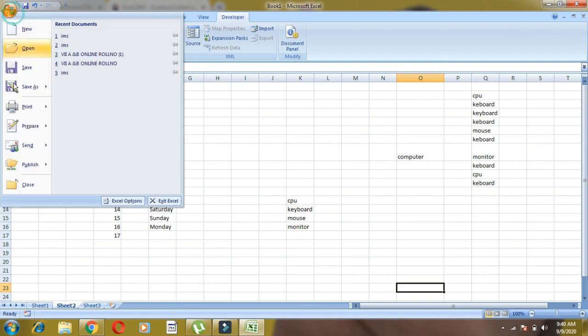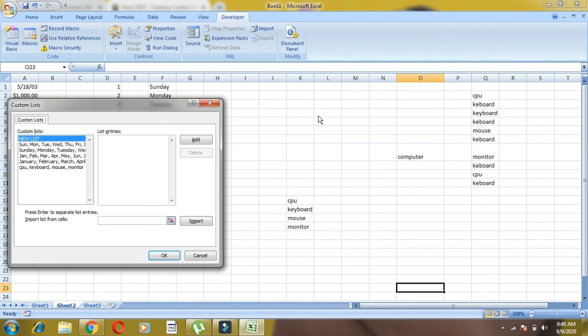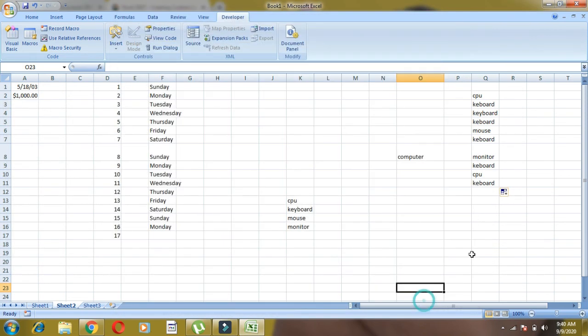So how have we created this, students? We go to the office button, then Excel options, then inside popular you get the edit custom list. You'll get the things here, whatever things you want. You can even type them, the new list can be used, you can type it and do that also. Then you can click on OK. You will find everything will be in the sequence, and you can use that as autofill. So children, this is all about our chapter that is more on spreadsheet.